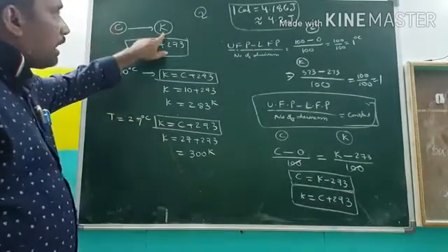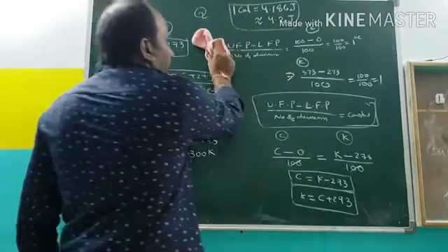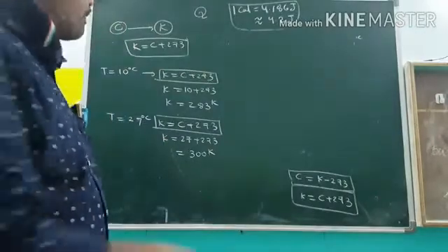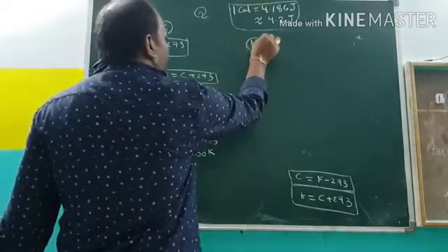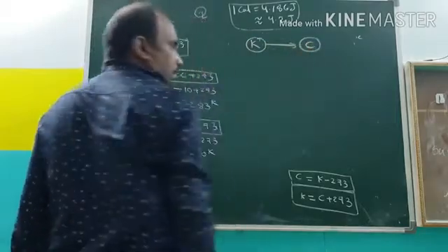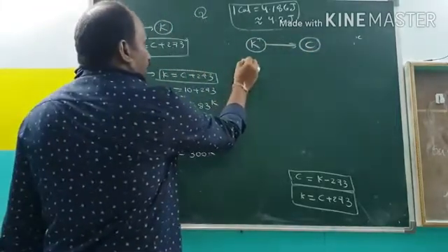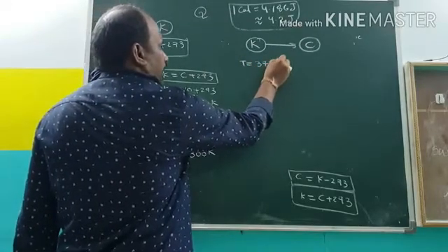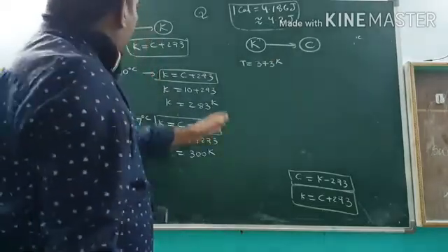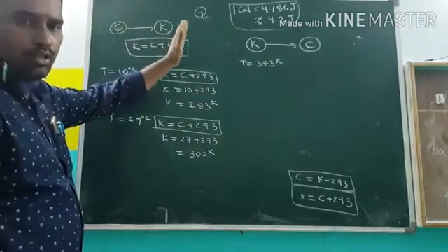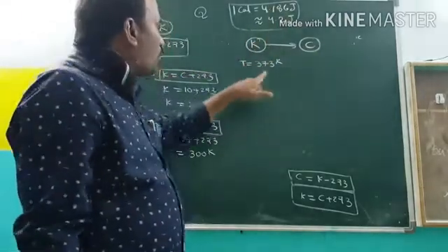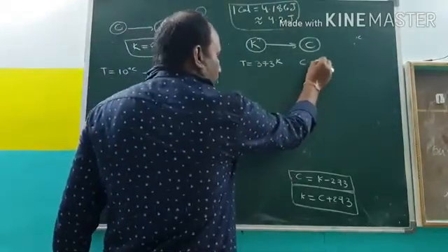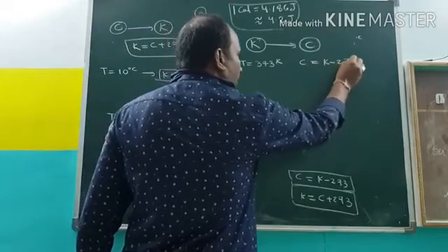Now Celsius to Kelvin is over. Now, how do we convert from the Kelvin scale to Celsius? They gave the temperature T is equal to 373 Kelvin. Remembering the previous concept, Celsius to Kelvin, now it is Kelvin to Celsius. The temperature is 373. So what is the formula? C is equal to K minus 273.